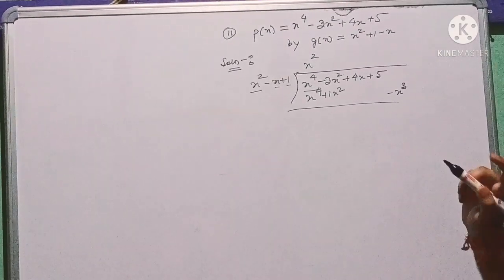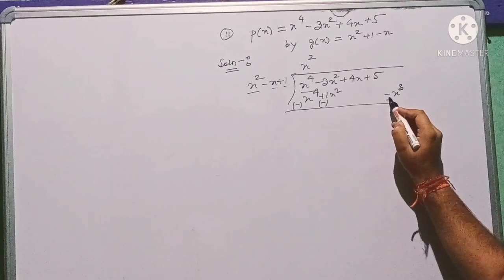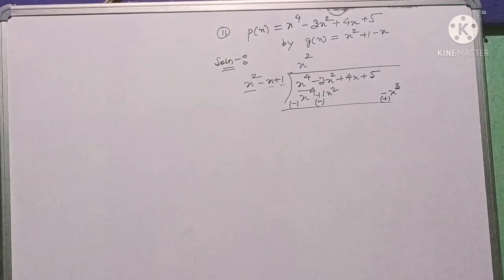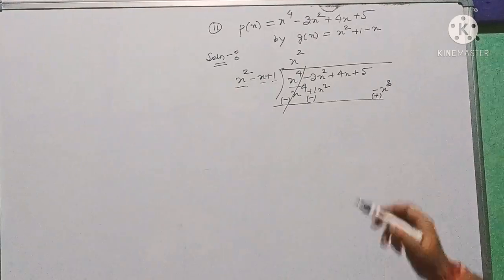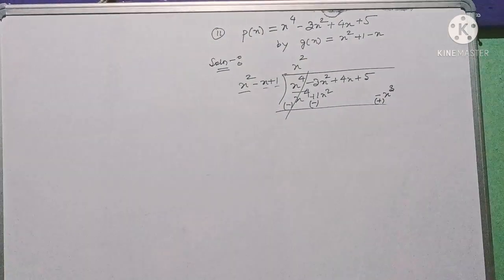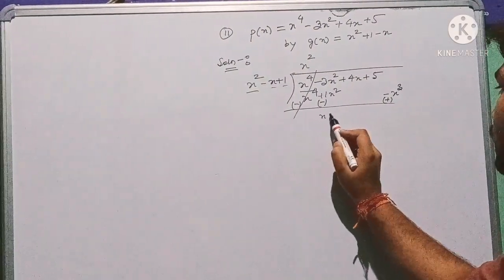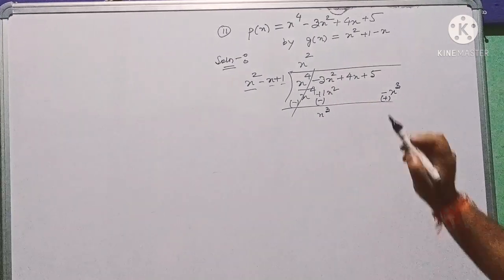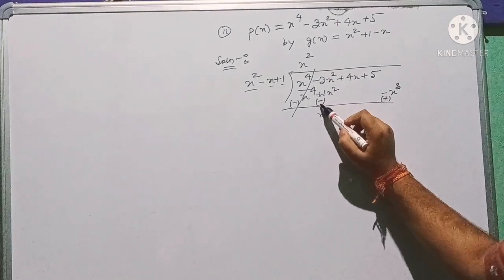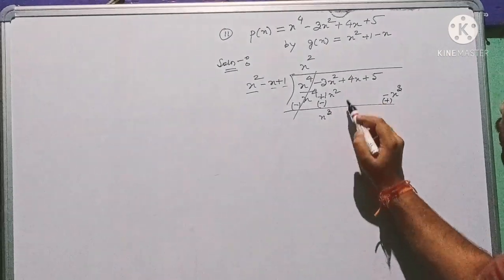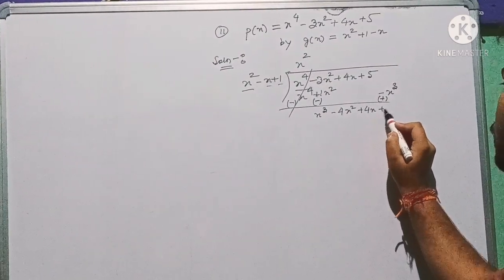Now we will subtract and change the sign. Here plus sign will become minus, here plus sign will become minus, and this minus sign will become plus. Now you see, my dear children, this x to the power 4 and minus x to the power 4 will cancel out. Now we have to put the variables in decreasing order of degree or power. So this x cube will come first, then minus x square, then the x square term. This plus sign has no value now, we have to consider the minus sign. Minus 3x square minus 1x square is minus 4x square. This plus 4x will come below, then this plus 5 will also come below.